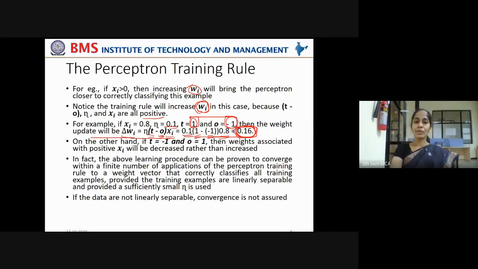Got it? Now, on the other hand, think of the other side of this example. If the actual training example outcome is -1, but it is predicted as +1, what has to be done? Then weights associated with positive Xi will be decreased rather than increased. Now substitute the same values. Nu is 0.1.